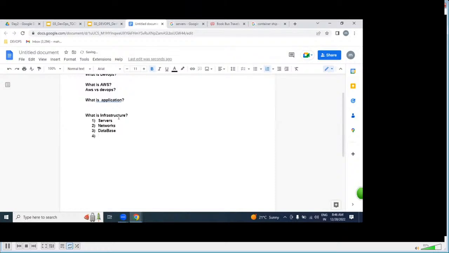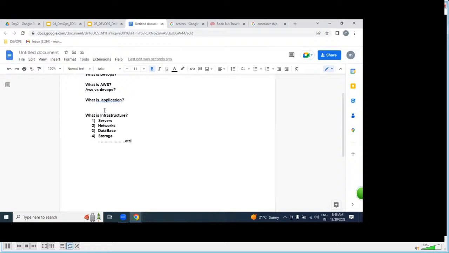The fourth one is storage. There are so many, but these four are the major infrastructure.